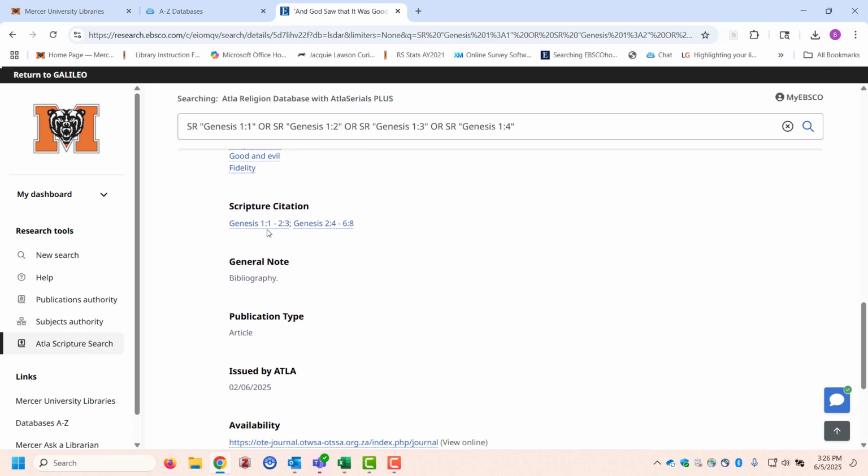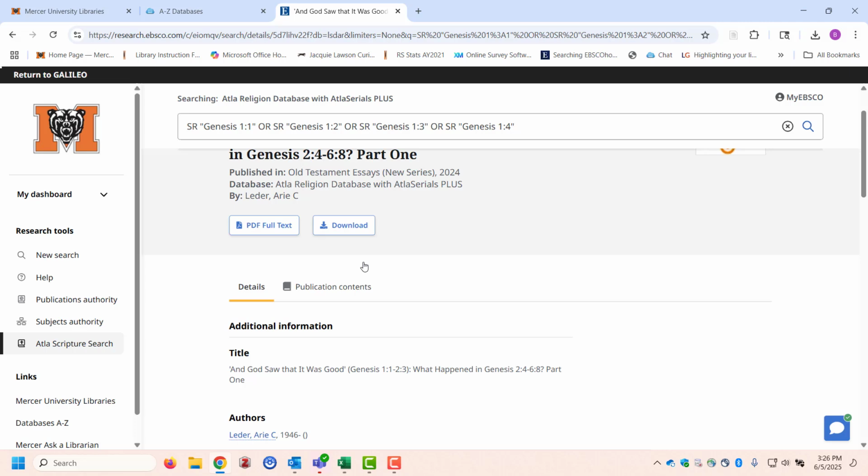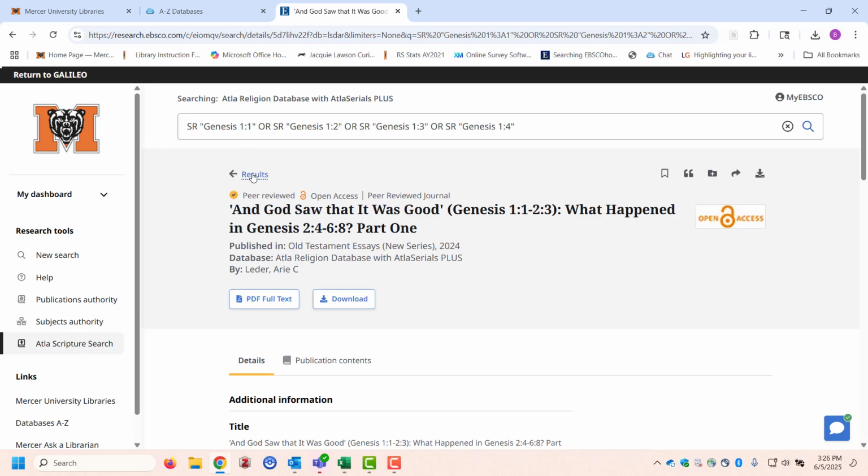If we look at this number 2, for example, and scroll down till we get to scripture citation, we notice that it says Genesis 1:1 through 2:3 and 2:4 to 6:8, which is not really what we were looking for. It does cover the verses that we put in, but we want it to be a little bit more specific. So what we can do is to go back to our results,